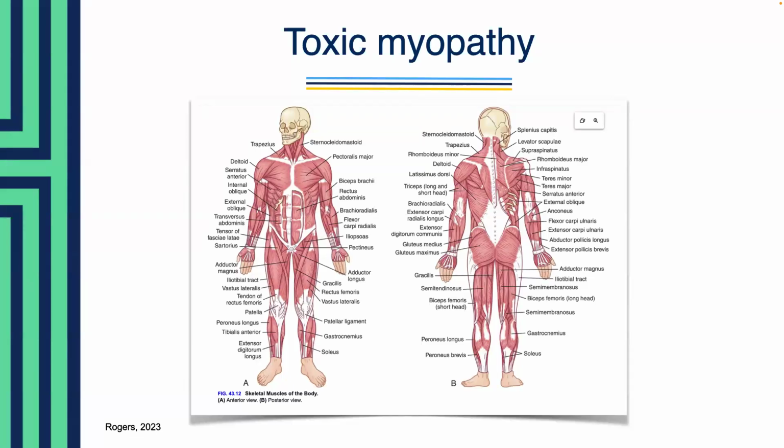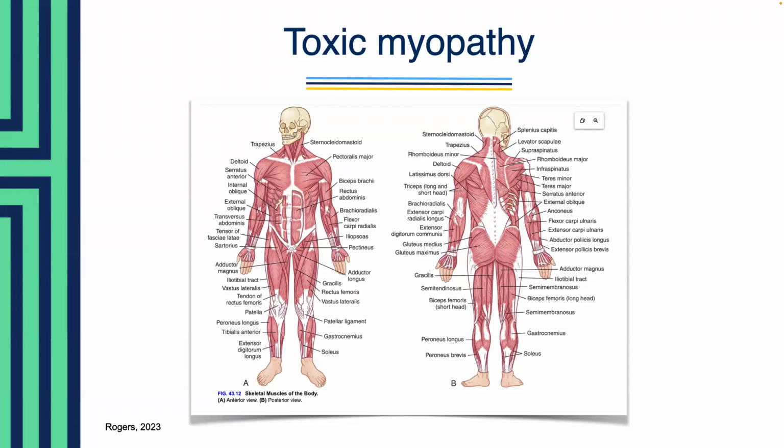So remember, the most common cause of toxic myopathy is chronic alcohol abuse. Alcohol is directly toxic to those muscle fibers, and that is what causes muscle injury, weakness, and wasting over time. Now, symptoms of alcoholic myopathy or toxic alcoholic myopathy include progressive muscle weakness, cramps, muscle tenderness, and difficulty with activities like climbing stairs or getting up from a seated position. And then severe cases can actually lead to respiratory muscle weakness as well.